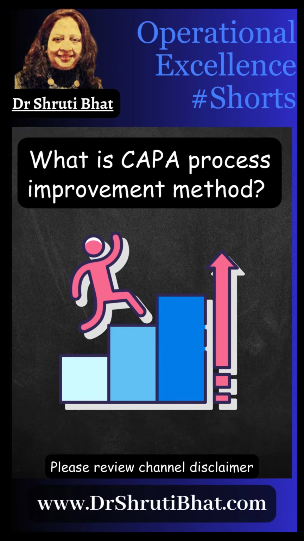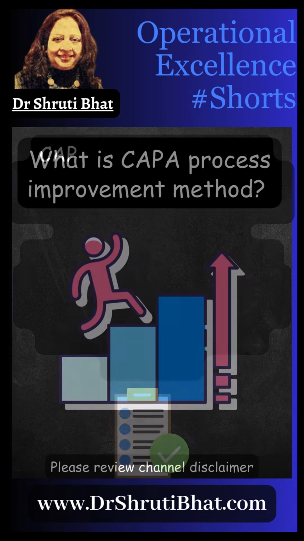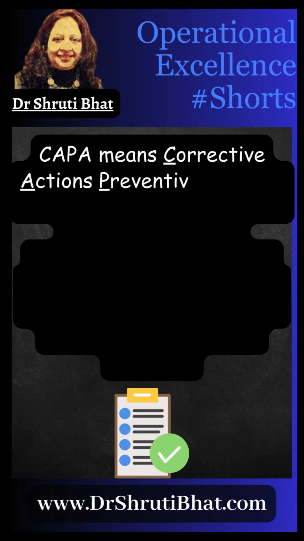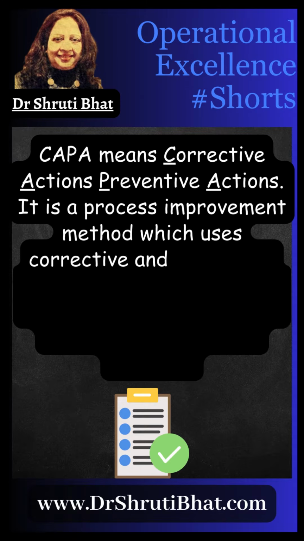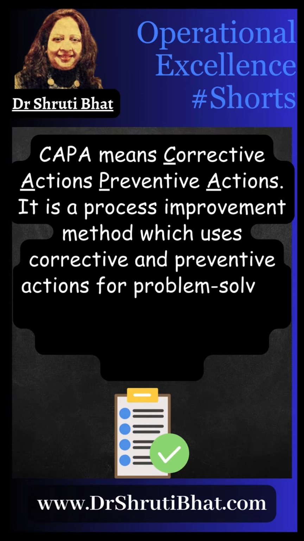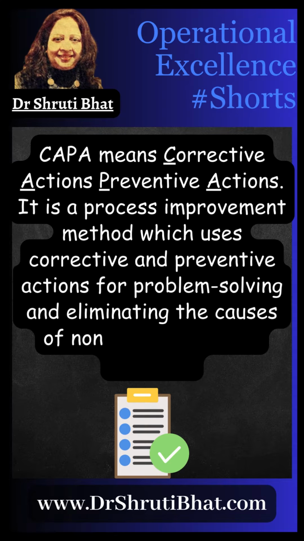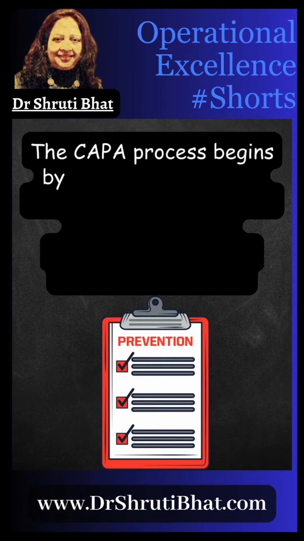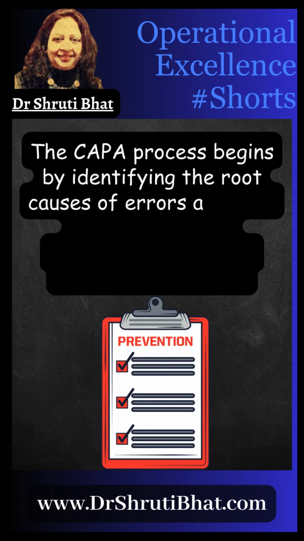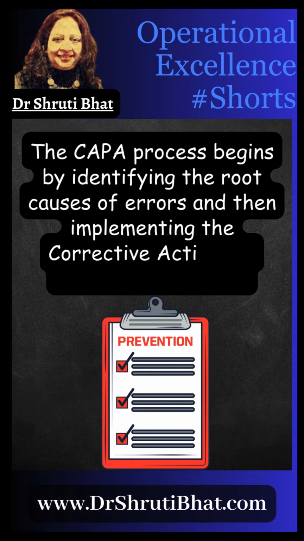What is CAPA process improvement method? CAPA means Corrective Actions Preventive Actions. It is a process improvement method which uses corrective and preventive actions for problem solving and eliminating the causes of nonconformities or defects. The CAPA process begins by identifying the root causes of errors and then implementing the corrective actions